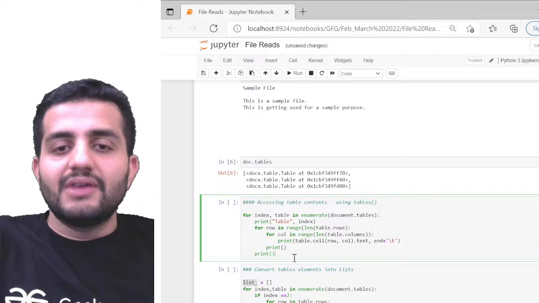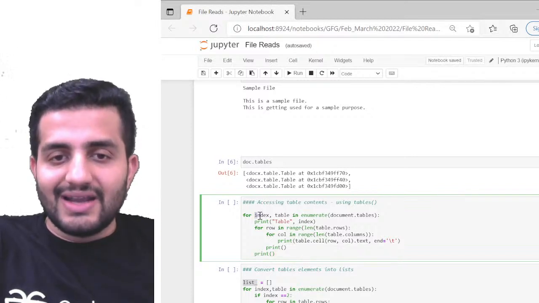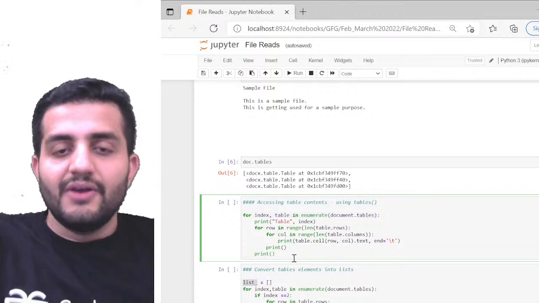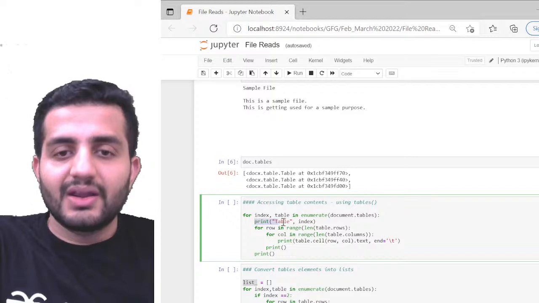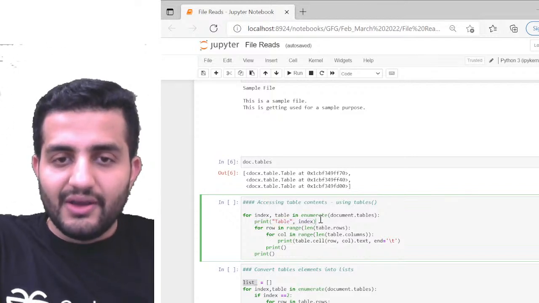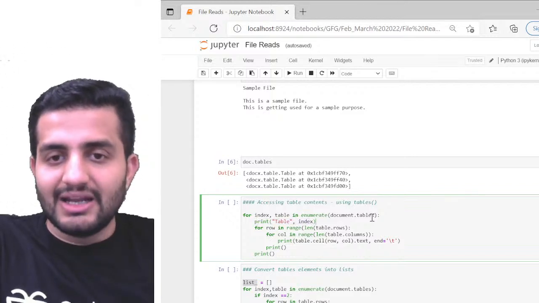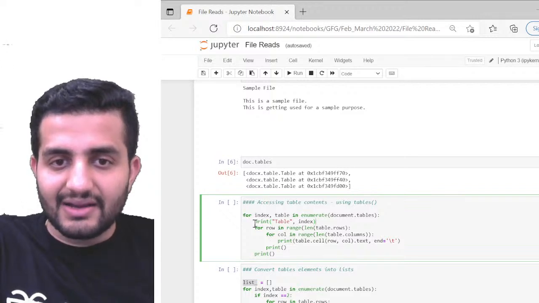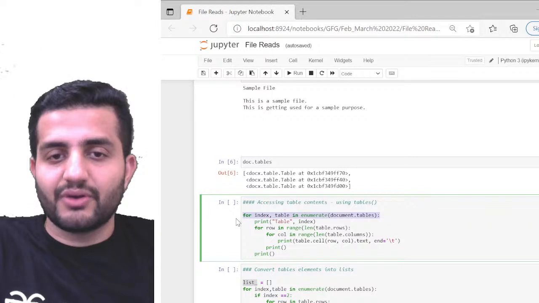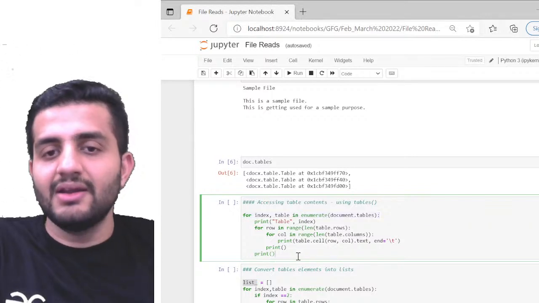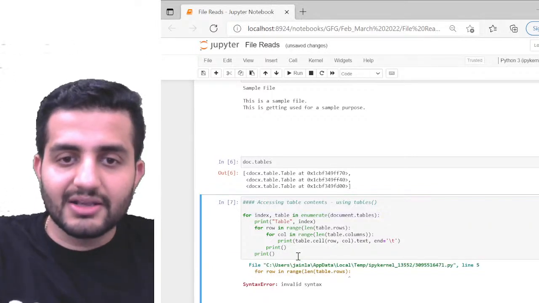So now here, if we do it like this, for index, table in enumerate(document.tables), what I'm trying to do here is print each of my tables. So look at this. I'm printing table and the index. For every table, and there'll be 3 tables, this entire part will be repeated. So for all of my tables, I'm extracting the rows and the columns. If I run it like this,